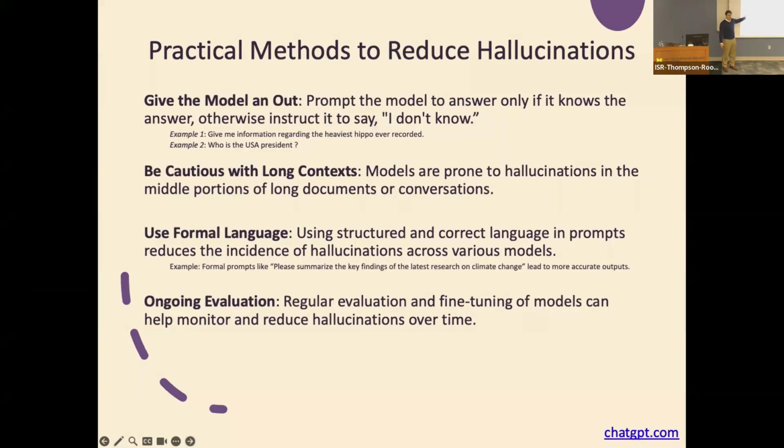Now, using formal language, as I mentioned before, you could say, hey, talk to me as a professor, as a researcher, as a colleague, and so on. And it'll be able to pick up on those nuances, vocabulary. And ongoing evaluation. I know I said this a bunch of times now, but never use it to completely replace your work, only enhance your productivity. And these 4 things, you can build them into Customize My GPT directly, and it'll actually do a better job at reducing the hallucinations that it causes on any given case.